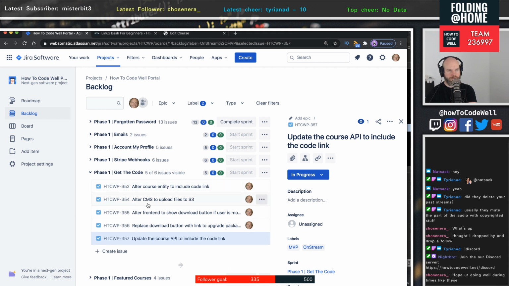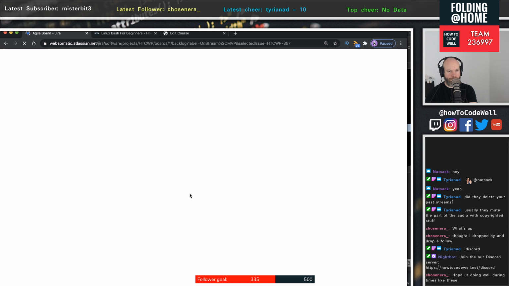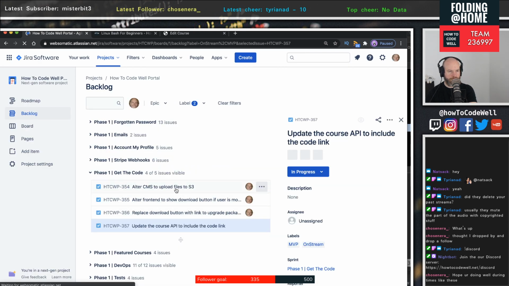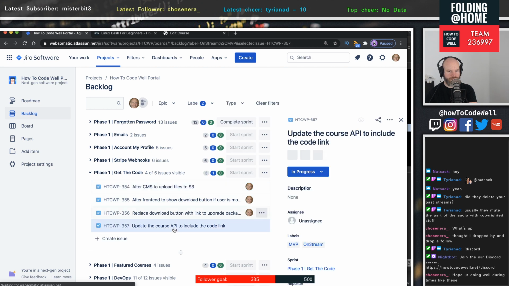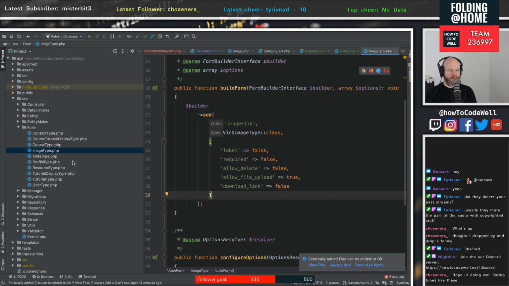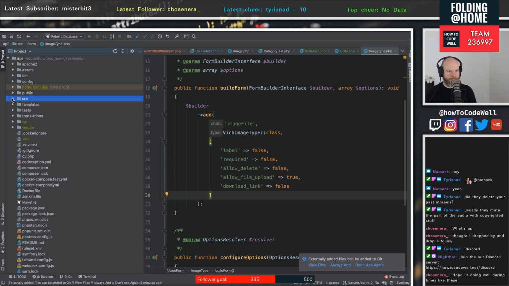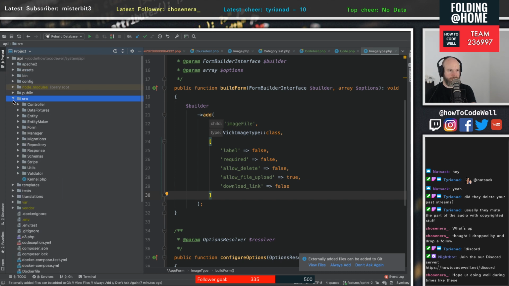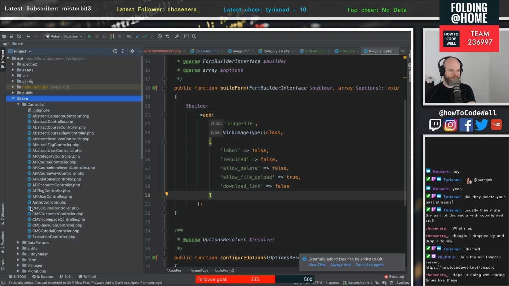Did these not change when you... Let's refresh this page. Does that not change? Yeah, okay, so that was removed. Okay, good. Right, so with this, what I need to do is I need to update the APIs to return the link of the code. So, in controller, in API